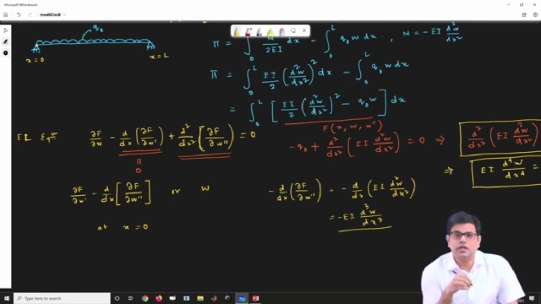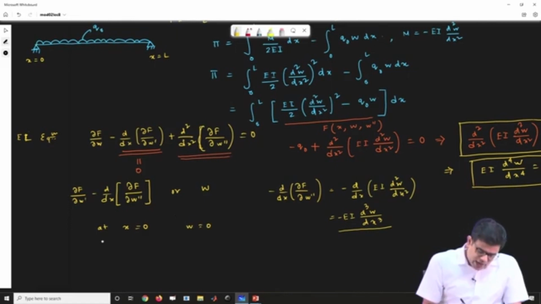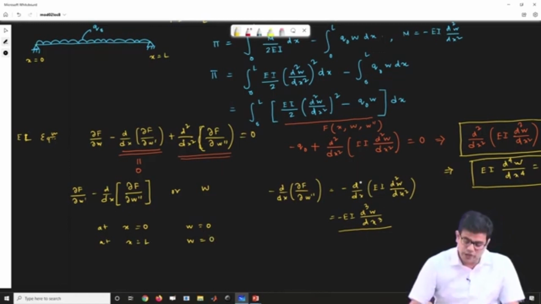So, the kinematic condition is specified. Here W is 0. At x equals 0, W is 0, and similarly at x equals L, W should be 0. So here also it is 0. So, this condition is not required here. Now, similarly,